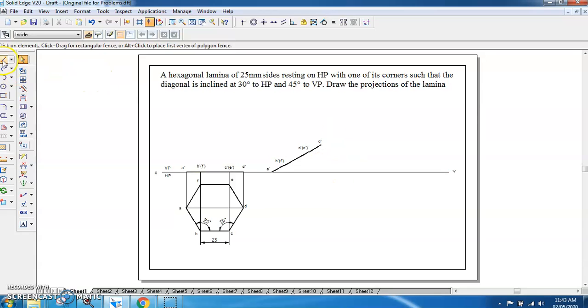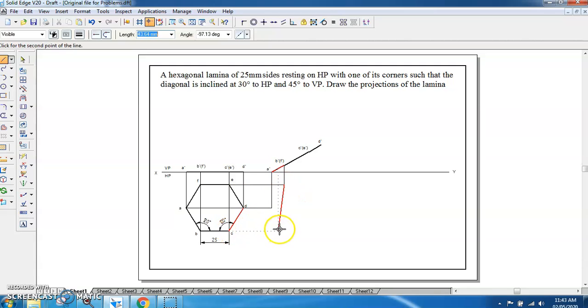Now again you have to take the projectors from all these points. From A dash till this A here, connect it back. From B dash and F dash, the F is here, so first we'll intersect F and connect it, then till B we'll get till here and connect it. Then from C dash and E dash, first we get E and connect it here, then from here till C and connect it here. Then from D dash till here, this is the midpoint, and you can connect this back.